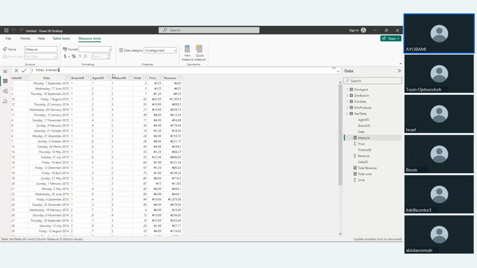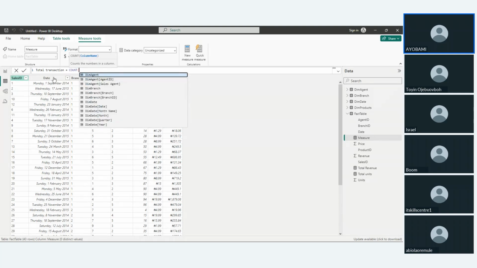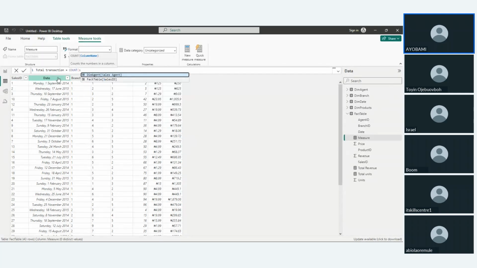Total transaction, I say that's equal to, you want to make a count of, sorry about that. You want to make a count of our sales ID. So we make a count of our sales ID. Remember that sales ID uniquely identifies each transaction. This was a transaction. It's transaction 1, transaction 2, transaction 3, and so on, like that. So making a count of our transaction ID is going to tell us how many times we made sales. So if I say enter,